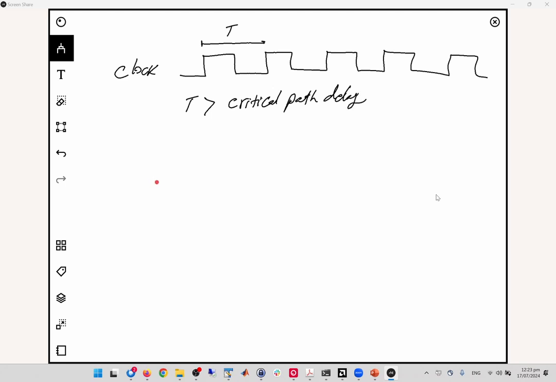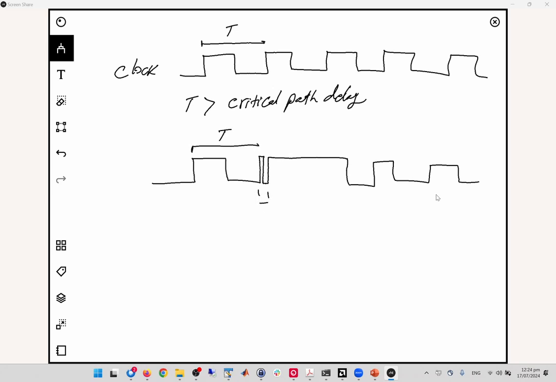Now imagine that I actually keep the clock, but for one of the clock cycles, I change it like this. This is T, but this is a small t. And the small t is smaller than the critical path delay. But then it means that there is no guarantee that in this cycle the circuit works correctly, because